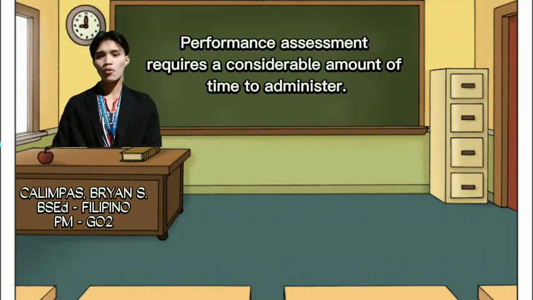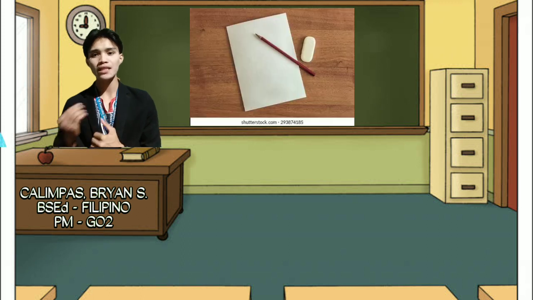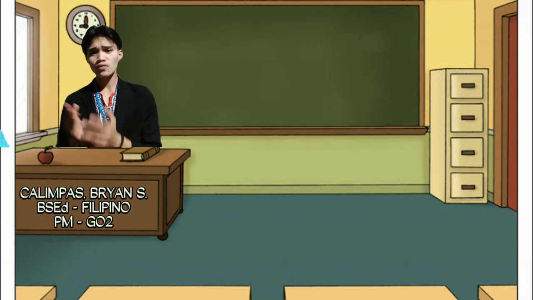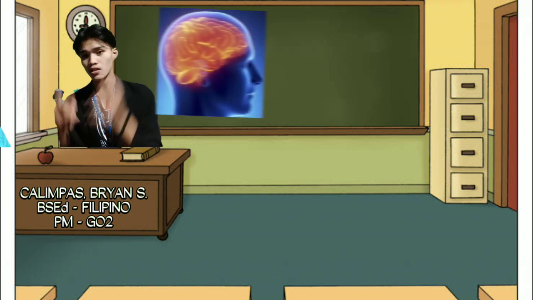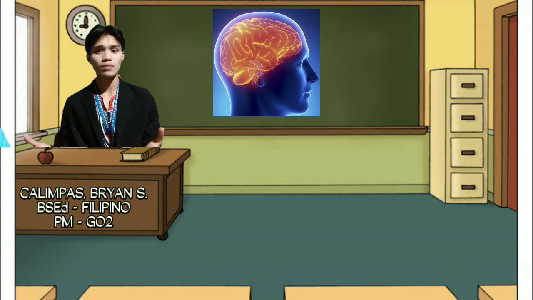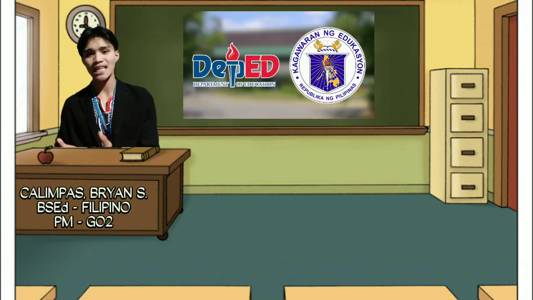Number two, performance assessment requires a considerable amount of time to administer. Paper and pencil takes 15 to 20 minutes per task to complete, depending on the number of items. So most athletic tasks take a number of days to complete. Most of the time, teachers rely on paper and pencil tests, which measure knowledge and understanding, not the ability of the learners to actually carry out the performance. With the implementation of outcome-based education, or OBE, across the